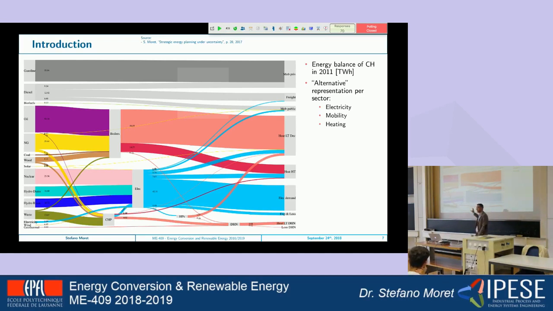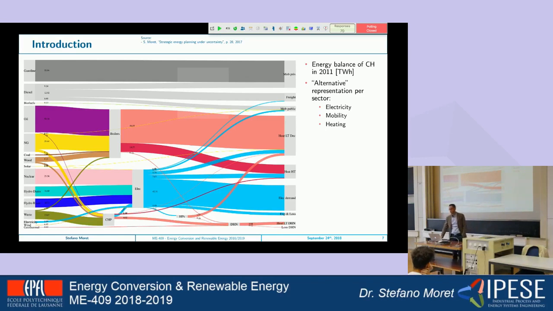So when we look at the CO2 emission of electricity in Switzerland, they're actually pretty low. But 75% of the system is heating and mobility, and all of this today is basically entirely powered by fossil fuel still. So the emissions, and that's common in many parts of the world, of heating and mobility are probably the parts in which the penetration of efficient technologies and low CO2 technology have the bigger role to play.